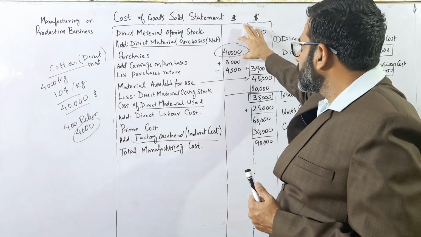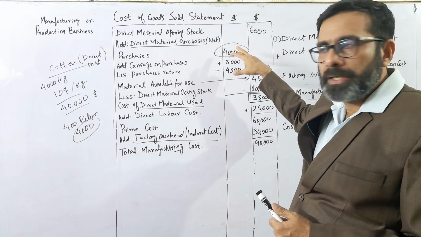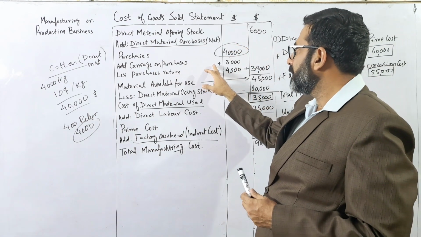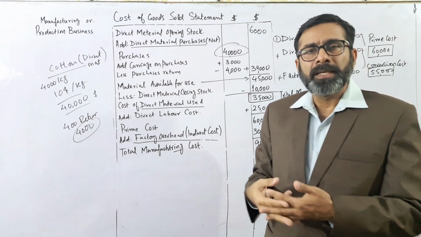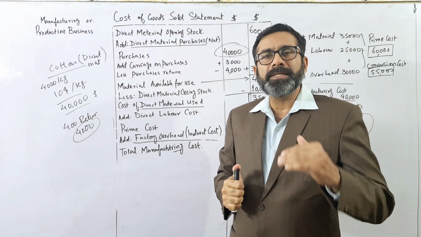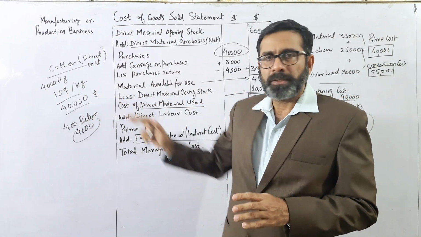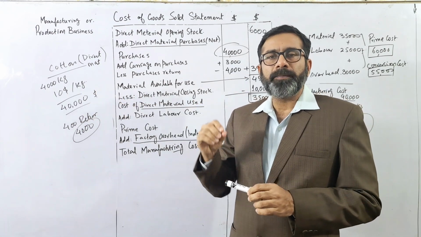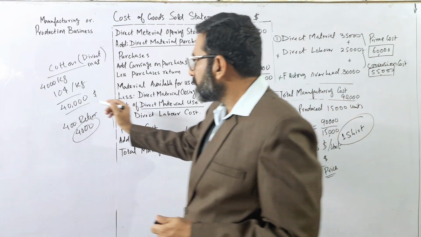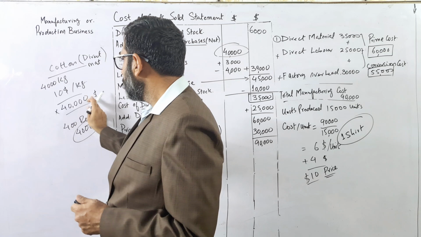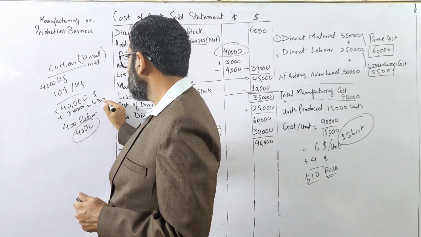So the product cost is $40,000, and 3,000 they have paid for the transportation. Obviously we have to add it because the transportation is increasing the cost of material. So 40,000 is the cost of the cotton, but 3,000 they have paid for the freight. It means the cost is not 40,000, it is 40 plus 3,000. It means the cost is total